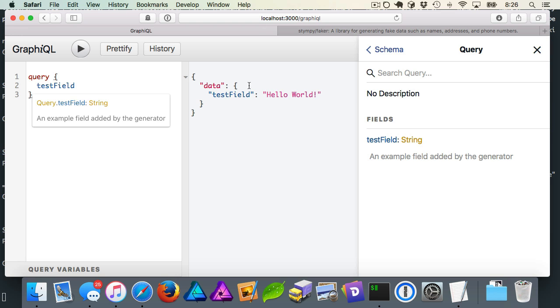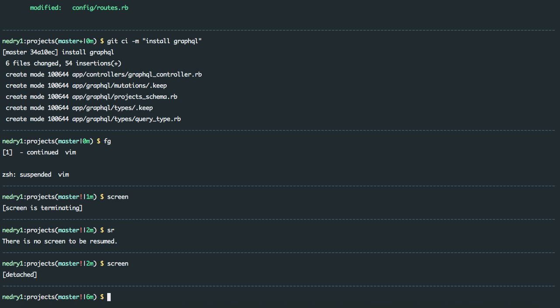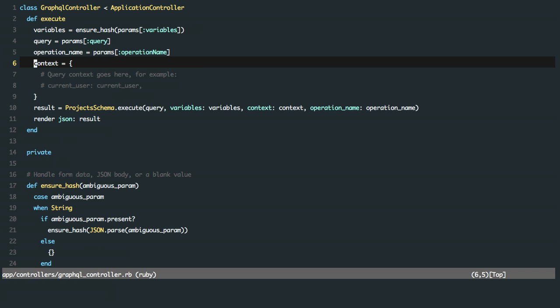So that's what we're using, and that's what we're going to define our schema with now, to actually work with what we defined earlier with Rails. Let's take a look and get a broad idea of how this works, based on what we ran with that Rails GraphQL install. I'm going to go back to outside of the screen. When we look at this, you can see it's accessing this project's schema. If we take a look at that,